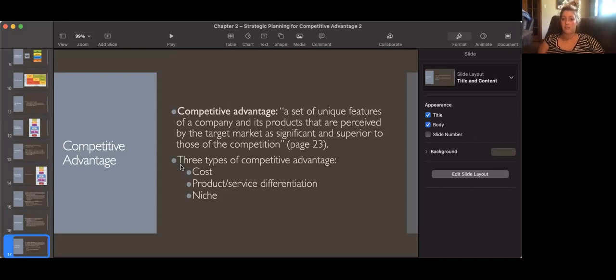Then we talk about competitive advantage. So what is the thing that makes you unique against your other competitors? So for me, I'm a photographer. You can throw a rock and hit another photographer in Nacogdoches, Texas, anywhere really. It's become something that people enjoy. The cameras that we use, a lot of them have become very affordable, and so people are like, oh, I can learn to do photography. I can get on YouTube. I can watch a few videos and kind of learn it.